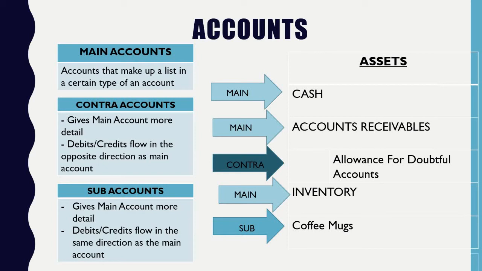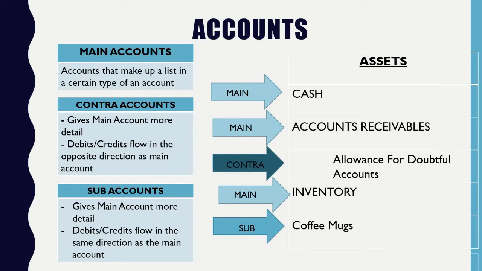So for example, when we have inventory, right? Inventory is anything that we sell to our customers. Well, to even break it down even further is, well, what is considered inventory? What is the specific item you sell? And the sub account would be coffee mugs. Okay. Now, there's a lot of ways that you can indicate this. And for this example here, my main accounts are in caps, okay, and my sub accounts are in regular letters,